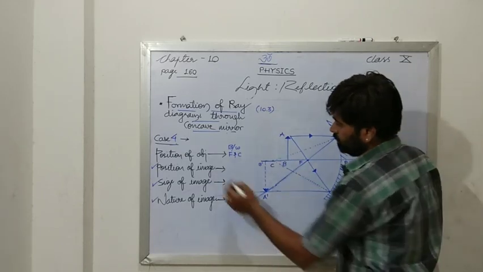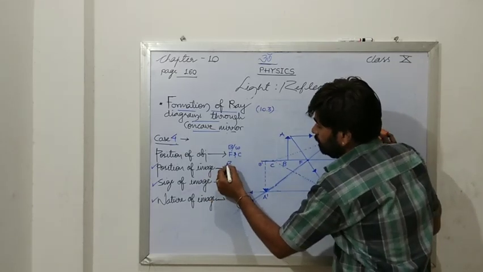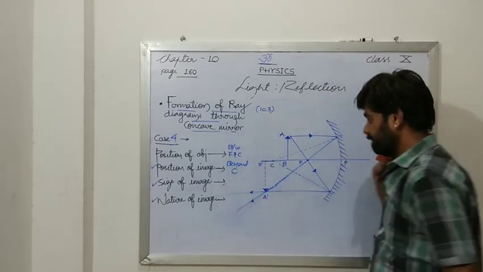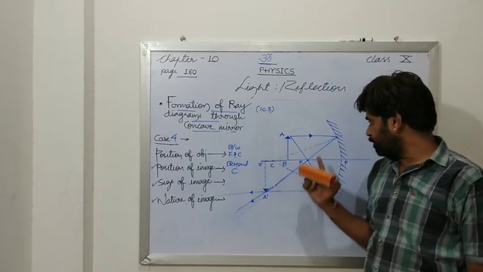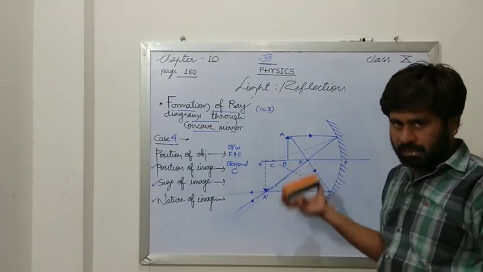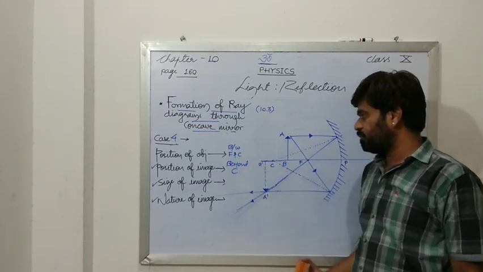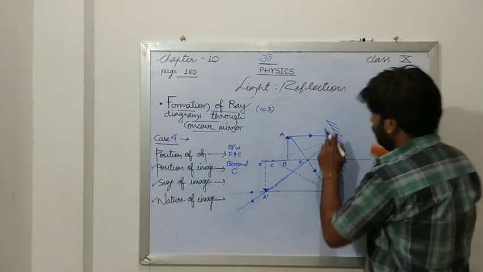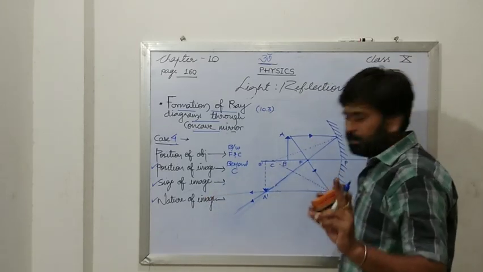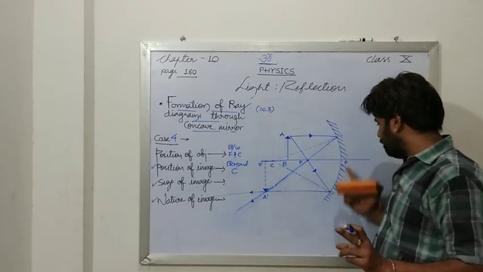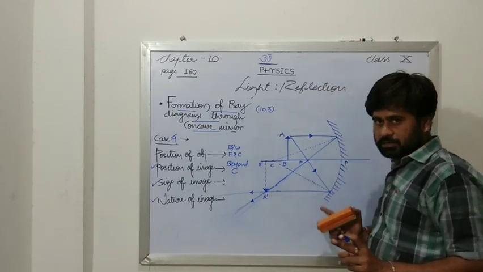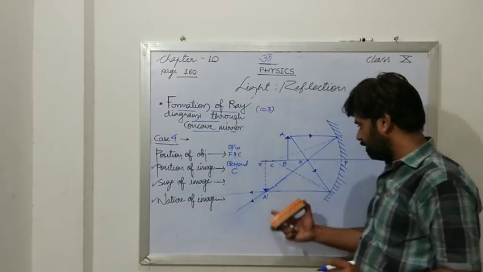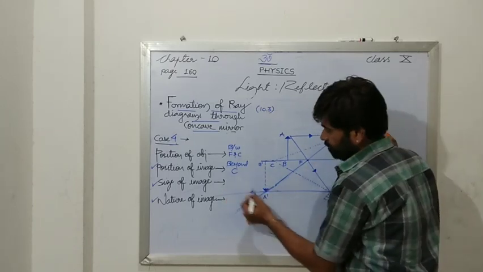So let us talk about the position of image. It will be beyond the center of curvature. If you draw this diagram according to all the measures which I have given you, you will see that it will be just beyond the C. Then the size of the image. Remember, 3 lines up, 3 lines down. Once you draw this diagram, then 3 lines up and 3 lines down, you have to stop. That will be the negligible aperture, and you may have a better experience with the size of image or the position of image.